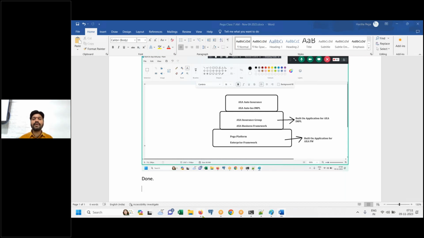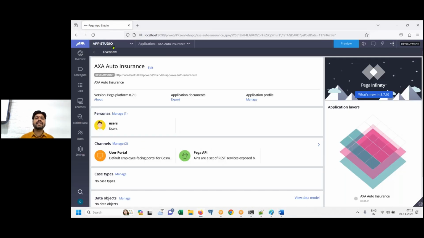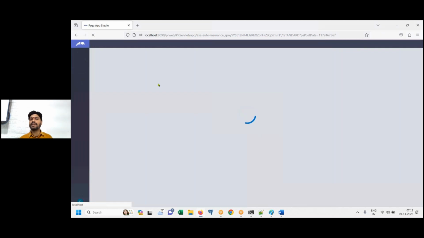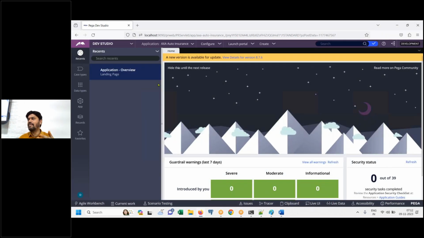Now, if you join the project and you are given credentials to log into the implementation application, you logged in. And now I am asking you, can you please find out the application structure? Not only that, where exactly are these relations made? This application is built on another application, right?